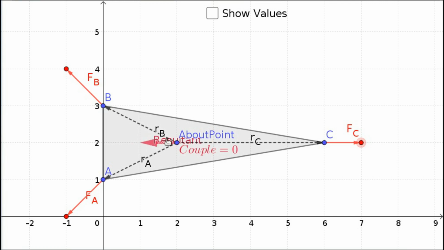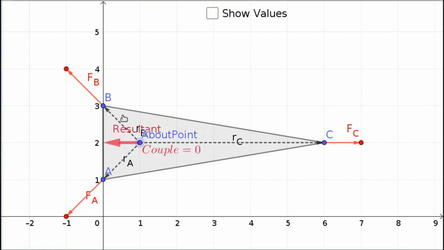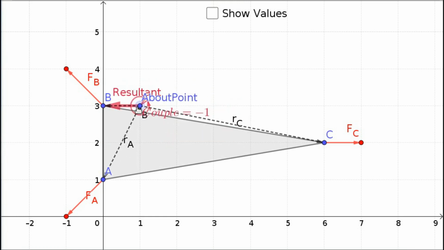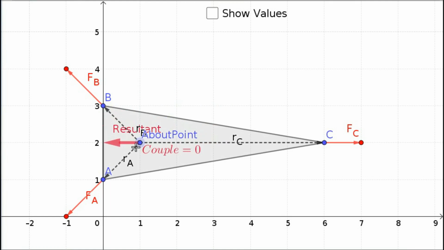If we go to this point, we have all 3 forces pointing to the same point. So all 3 forces, line of actions, cross each other, and we can see our couple is 0 at that point. And if we move off that point, the couple changes. Now if I, in addition, increase my FC value so that my resultant now is 0,